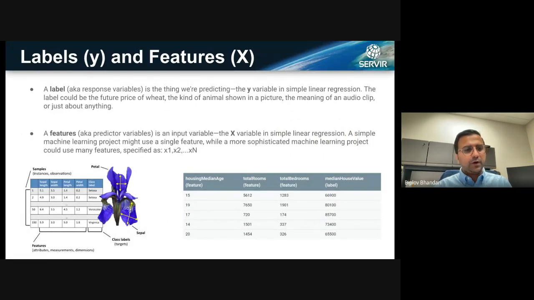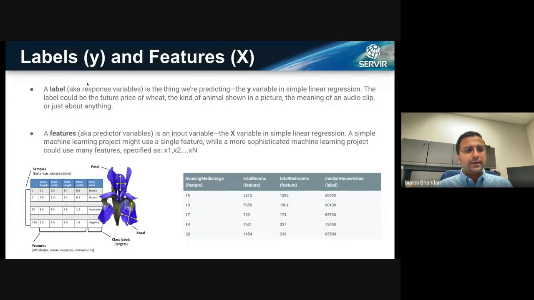Moving on, I think we briefly talked about labels and features yesterday. And you'll often encounter, when you're talking with someone at a conference, they will ask what is the number of features that you use? Maybe you can drop some of those features. So a feature is usually a predictor variable. You can think of it as an X in the case of a simple linear regression. If you have a very simple machine learning project, it could have a single feature. But if you have a more sophisticated machine learning project, you could have as many features as you want. And not all of the features might be helpful. So we'll also see how you can choose the right features to use later on in the slides.